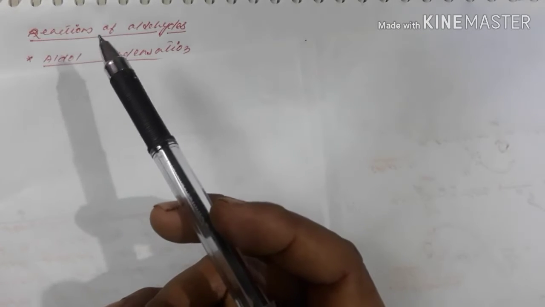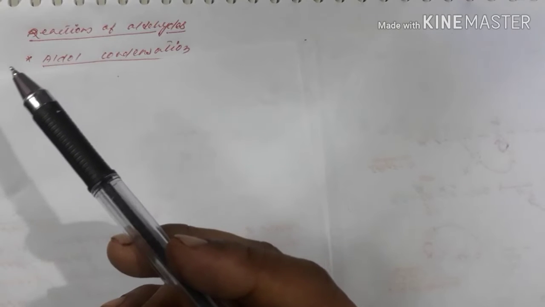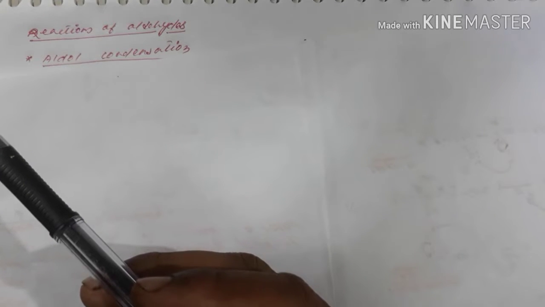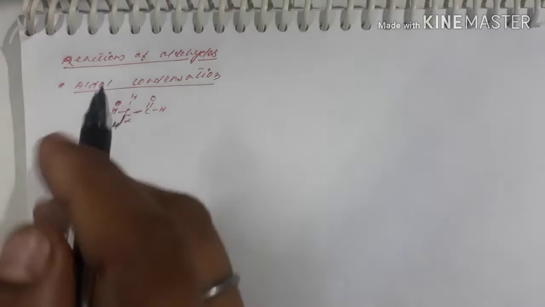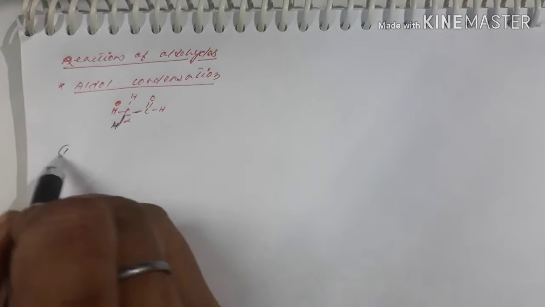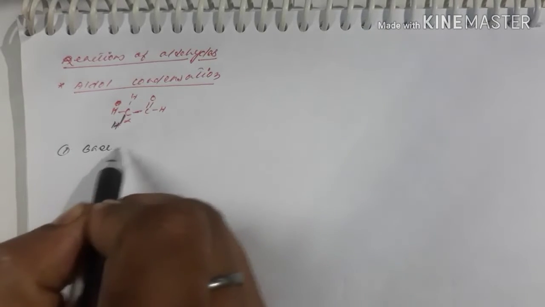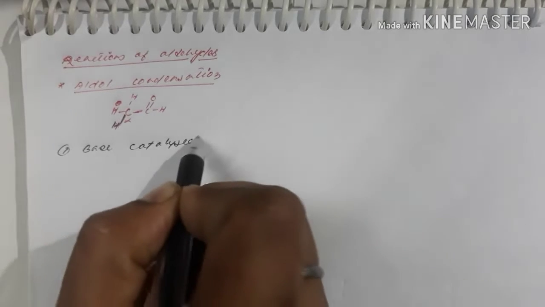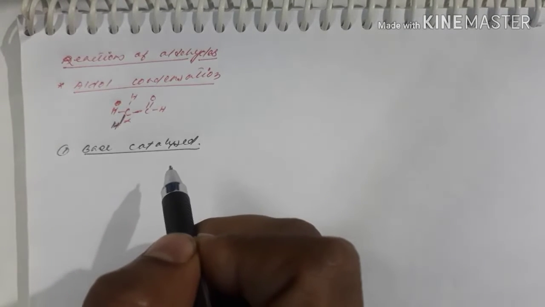When we're talking about aldol condensation, this is a reaction which happens only because of the alpha hydrogen present in the aldehyde. Clear? This reaction can be done in the presence of acid and base, two different types of catalyst, acid catalyst and base catalyst. Here we will discuss only the reactions of aldehyde, which is also base catalyzed.